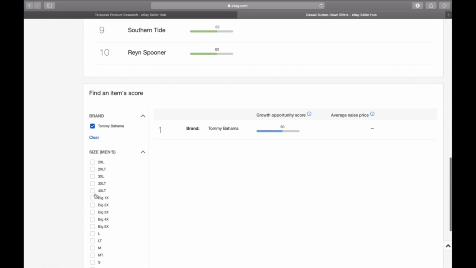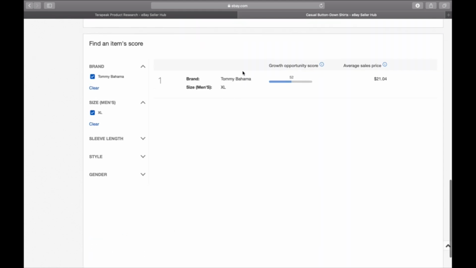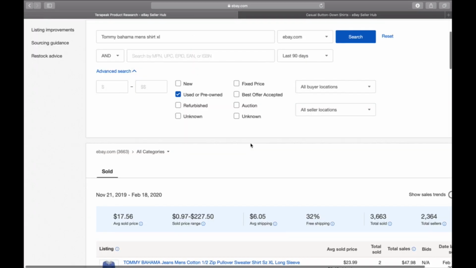It's not bad. Now we know we have an extra large shirt, right? So we're just going to scroll down and find our extra large and apply that. And the average used extra large shirt is $21.04. Now, just like we saw over here on Terapeak,